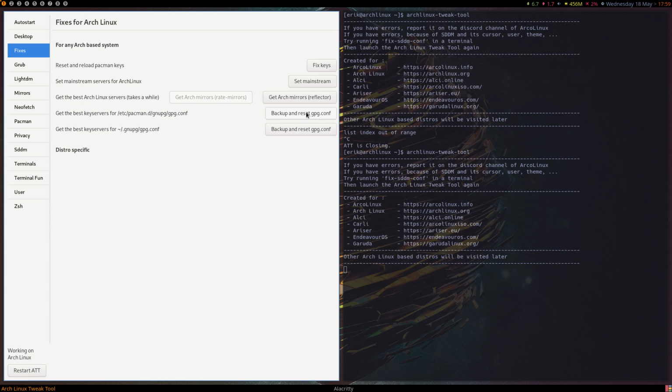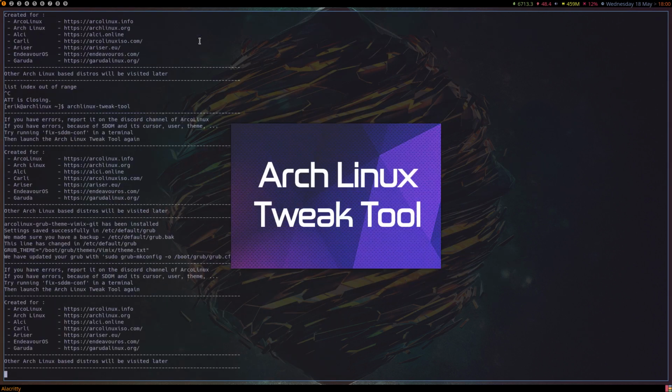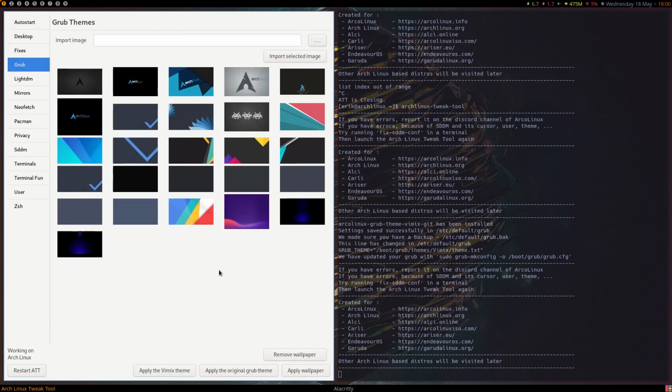If you install it with Yay and AUR, if it's local, it's the local folder, and this is the folder for Pacman. All right. Grub is changed, I believe. Yes, I've changed something. Install Vimix theme, and it will be applied automatically. 1, 2, 3, and boom, it auto reboots. And if we can find a way to actually come back to this one, it would be great. If somebody knows how to handle that in Python